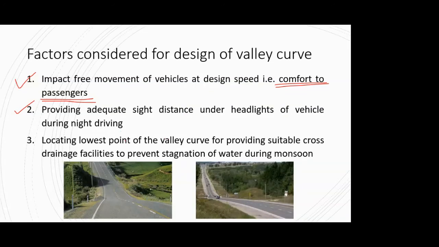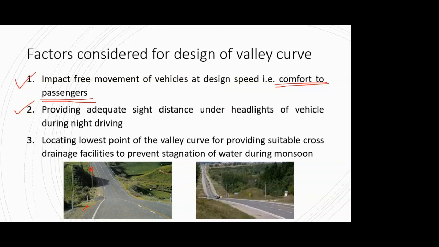Now again, if you go back to all the four types of valley curves and apply this concept of whether you will get a discomfort or not, or whether your headlights will be able to illuminate that much distance or not, then you will come to know that the third type that we saw, a down gradient followed by an up gradient, will be the crucial one, because for all the other combinations, either you have a mild gradient after it or you have a down gradient altogether. So in that case, none of that will matter.